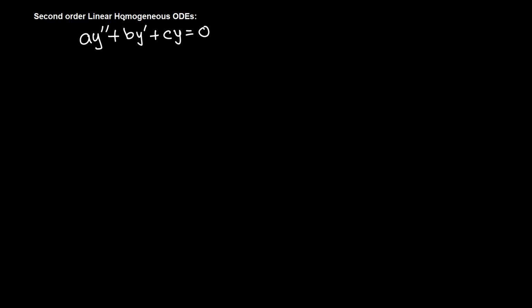Second order linear homogeneous ordinary differential equations. Second order because we have a second derivative. Linear means we have y, y prime, y double prime, and the coefficients are just functions of the independent variable. In this case, we are taking y as a function of t, and in fact these coefficients are constants. So this is second order linear with constant coefficients, and homogeneous means